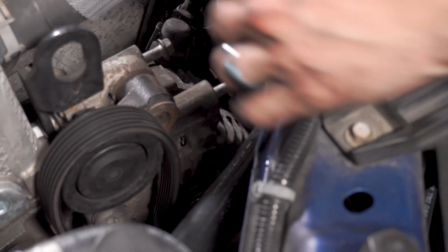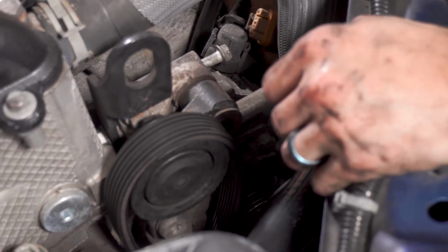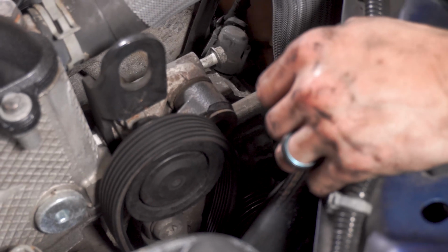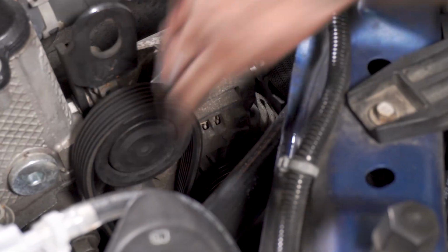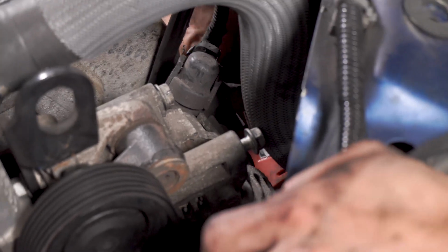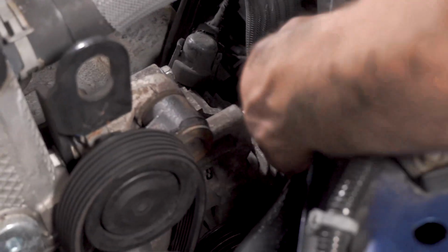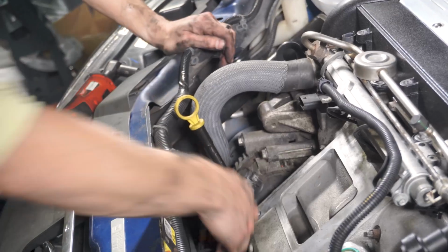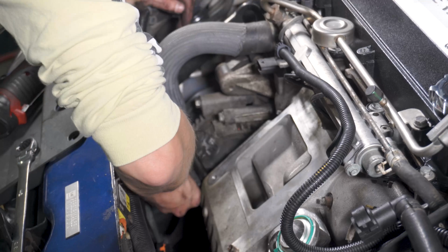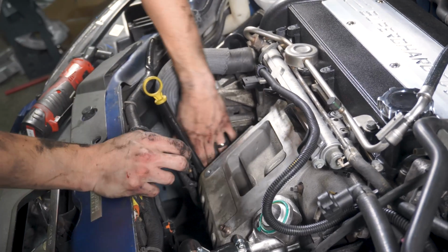One started, the other started. Go. The lower bolt. Oh no. Now don't forget you had your alternator plugged there. Also have this bolt for the